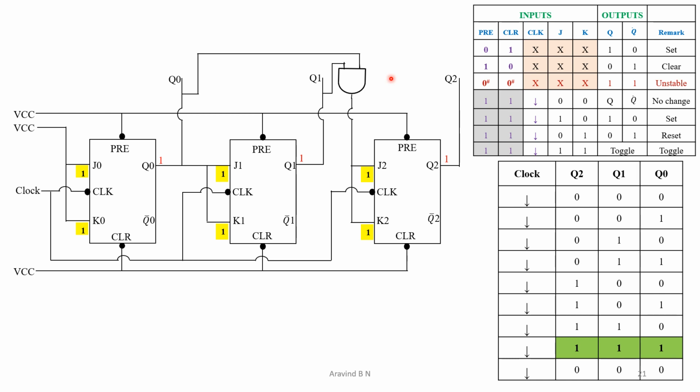Accordingly, I have done the design. At each stage, what happens has to be analyzed by using the functional table of the JK flip-flop. In the synchronous counter we have taken a sequential representation starting from 0 0 0 up to 1 1 1. There is a possibility that we can have a design out of sequence also. Any sequence we want, we can design it. For that we are going to get different values for J0 K0, J1 K1 and J2 K2.